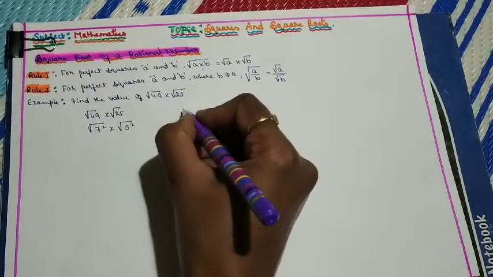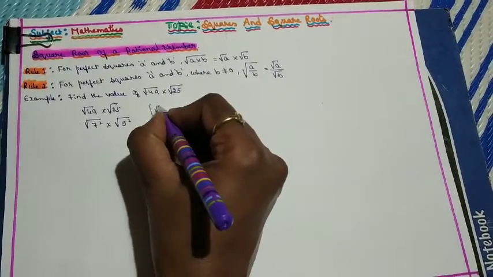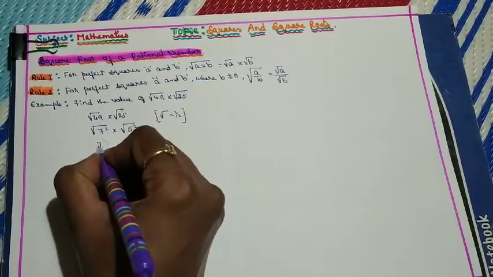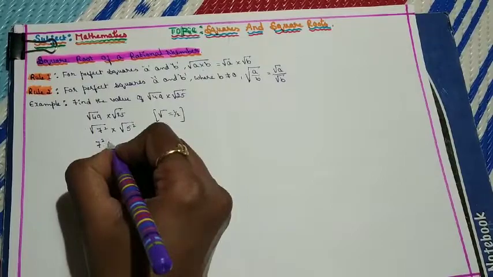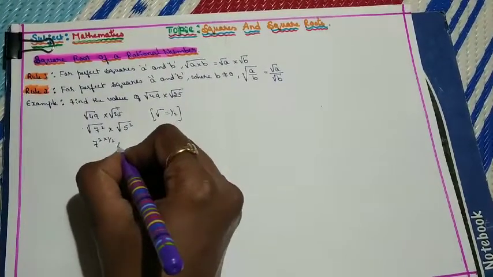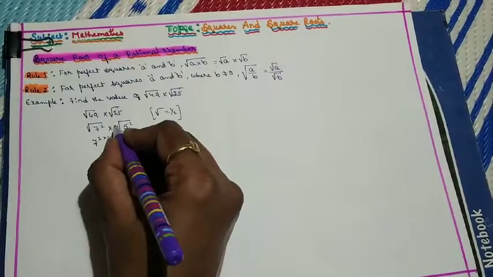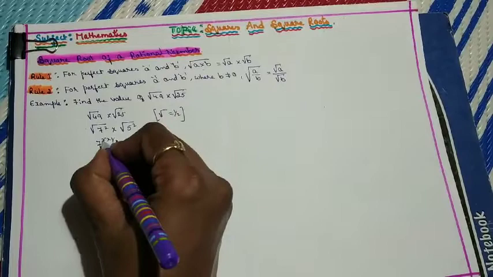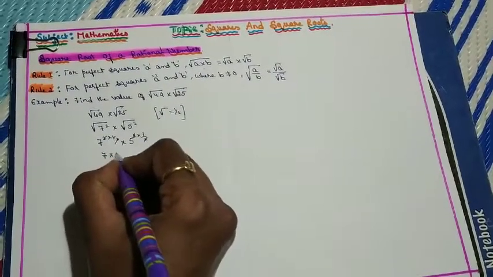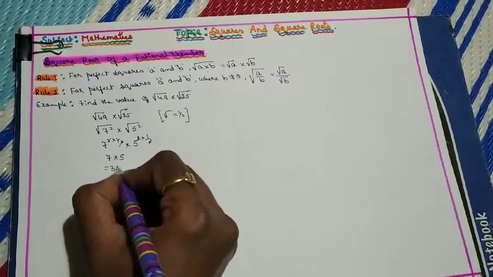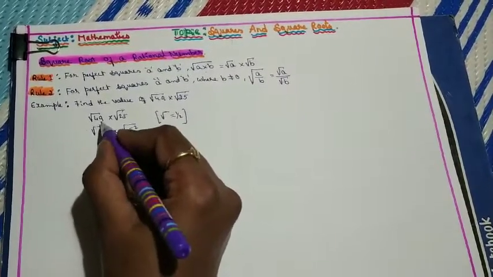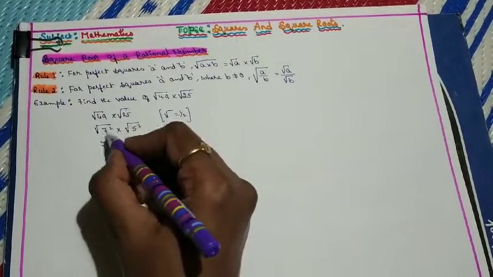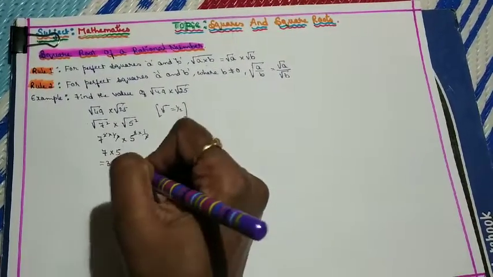Remember the square root value is power 1 by 2. So 7 to the power of 2, and this square root can be written as 1 by 2, into 5 to the power of 2, and this square root can be written as 1 by 2. So the 2 gets cancelled, the 2 gets cancelled. Then you will get 7 into 5, which is 35. Or the other way, the square and the root can be directly cancelled, the square and root here and the square and root here. So you will get 7 into 5 equal to 35.